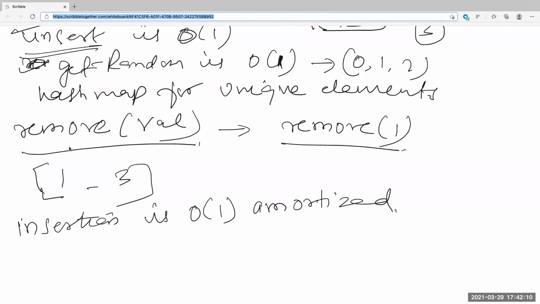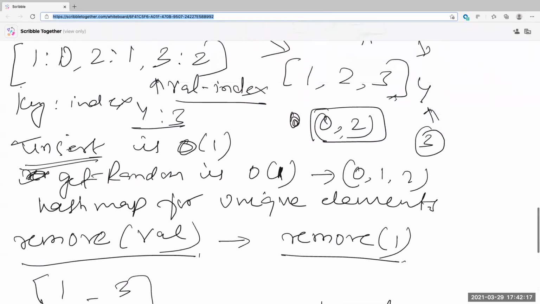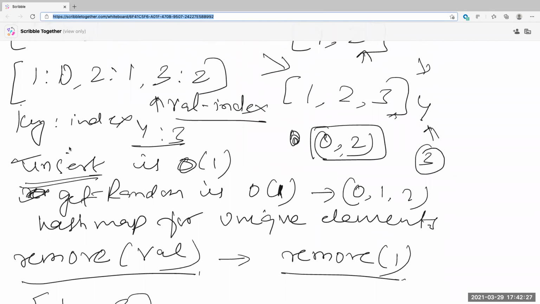The insertion indices are all lost, because the indices that I stored against the value are not the same, since I'm removing from the array, even though I'm adding to the end. Right? So how do we update? Wait, say again. If you're appending at the end, how is your index lost? Because the indices are in order, say 1, 2, 3, you have put 0, 1, 2, and you have done a remove. So now 3 took the index, but in the hash map you have 3 against 2. Like 3 has index 2.